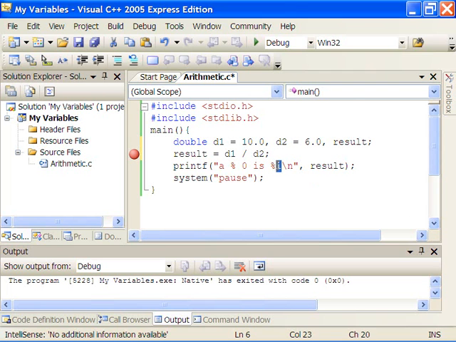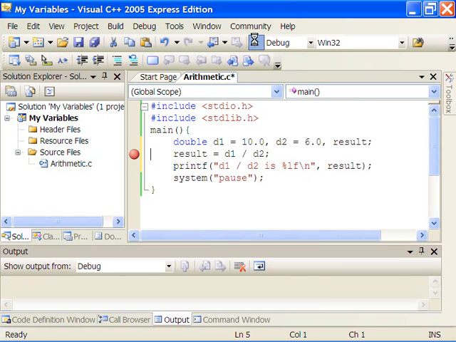Is the difference between integer division and double division. So %LF, the result variable is now a double, and D1 and D2 are doubles, and let's say D1 divided by D2, and we're going to divide 10 by 6. I'm going to turn that breakpoint off. No, let's leave it turned on. And we'll run to the breakpoint,